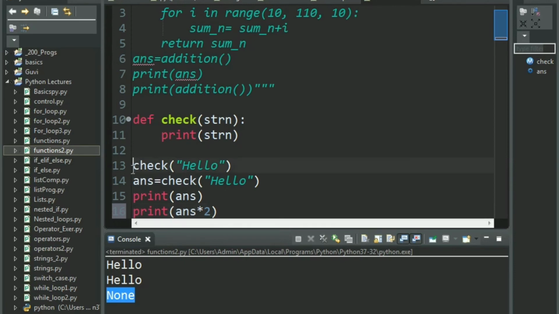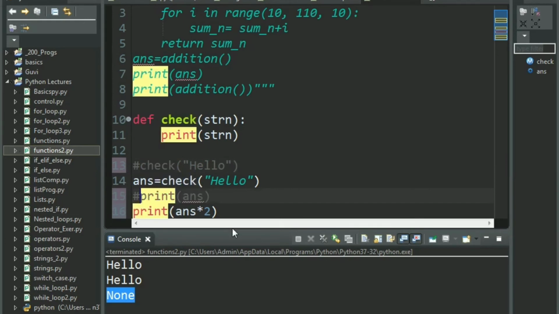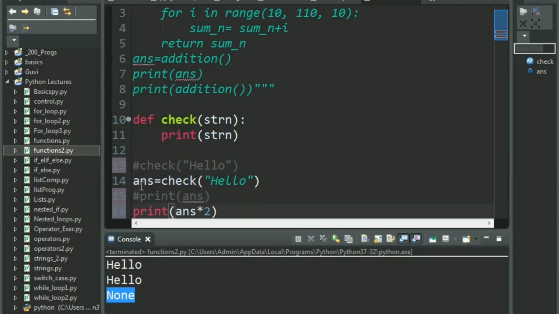I'll just comment all of this one, and let this be commented also. So what we have is, in answer we are calling the check function with the string hello, and now I want to print it twice. Any guesses as to what might happen? Because last time we got none. What do you think it will give us this time?